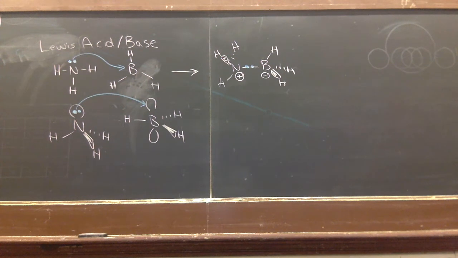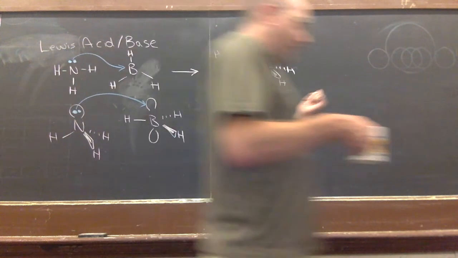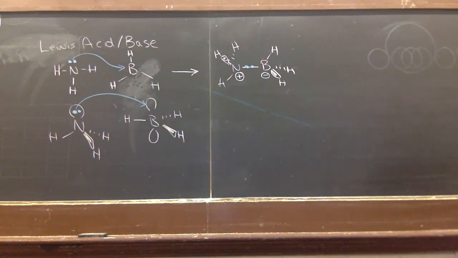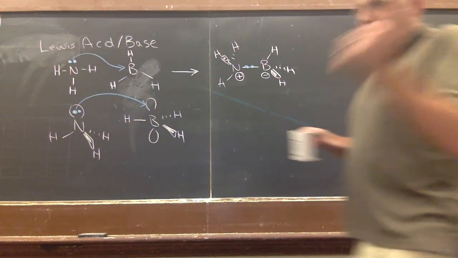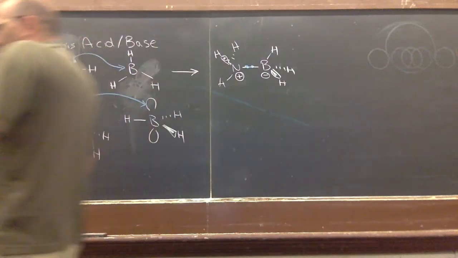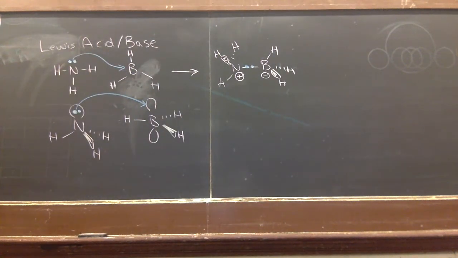I've often sort of joked that if I see arrows going the wrong way, it's the quickest way to lose all the credit on a question. I'm not joking about that. That's serious. It's the quickest way. If I ask you guys a mechanism and you start showing the arrows going in the wrong direction,